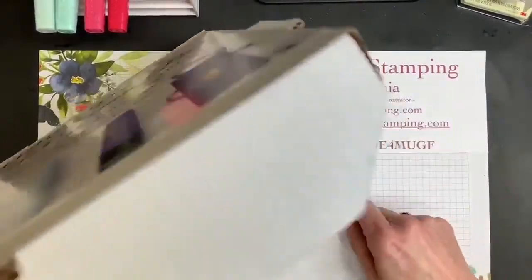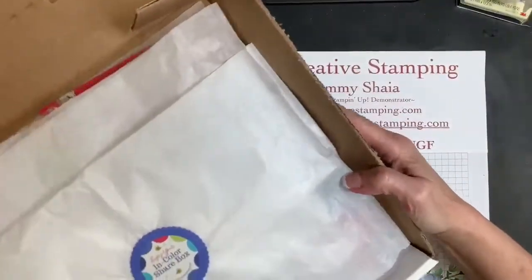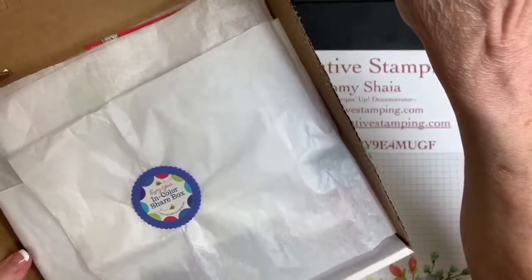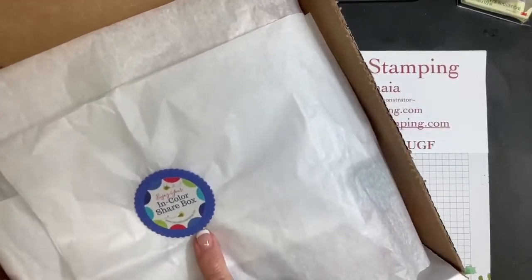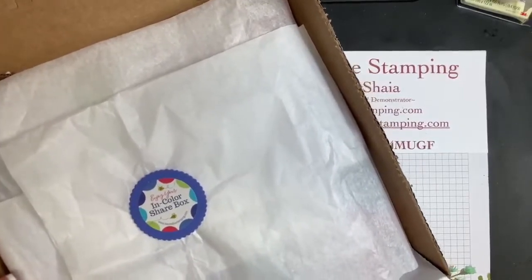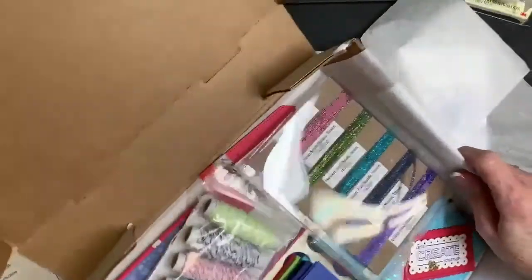Hi, Anita. All right. And so here is my In Color share box. Have y'all seen my stickers? Oh my gosh, these are so fun. I'm trying to zoom out. Okay. So I'm using stickers this year on my In Color boxes. So when you open your box, it's going to have a label and it says enjoy your In Color share box. All right. Now I'm going to open this up